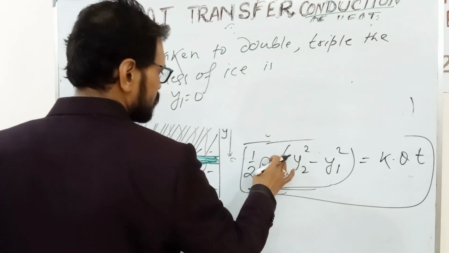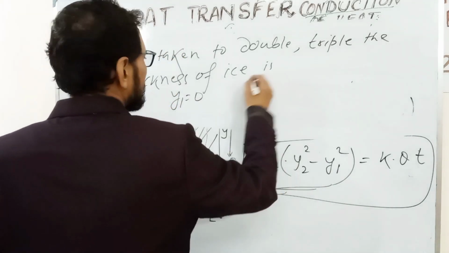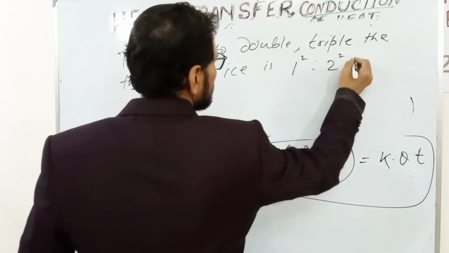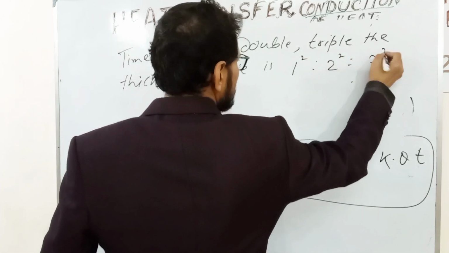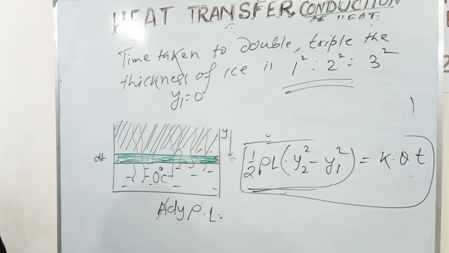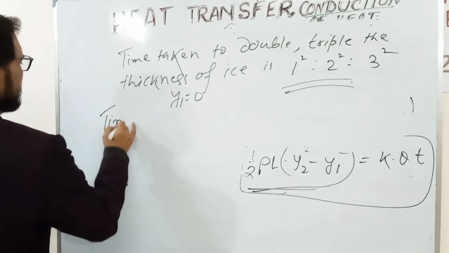So to find double thickness, the time will be 1 square, 2 square, 3 square, in this way. The ratio of the time taken will be in this way, and the time interval